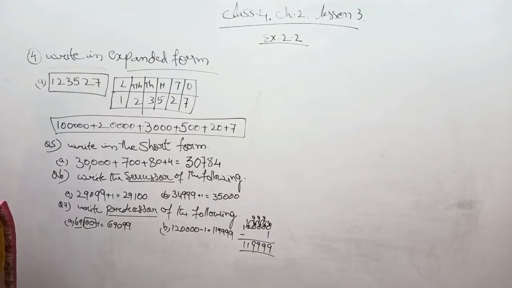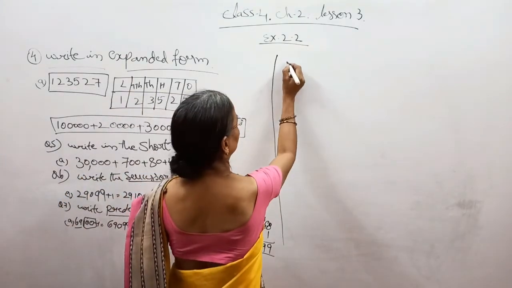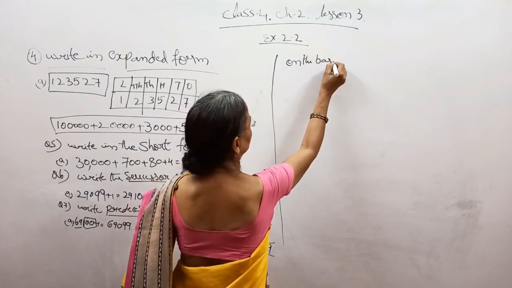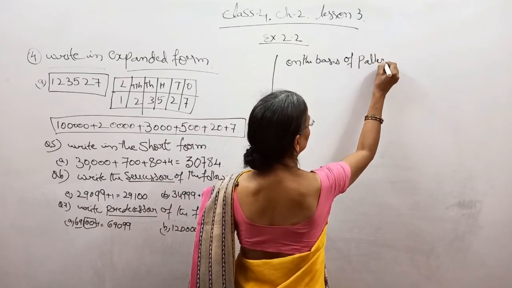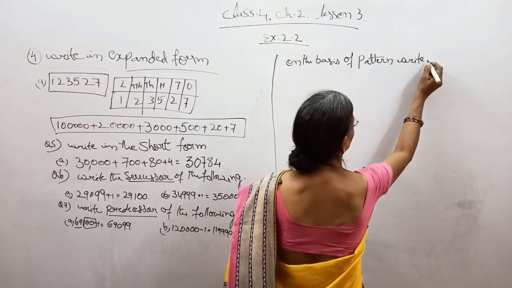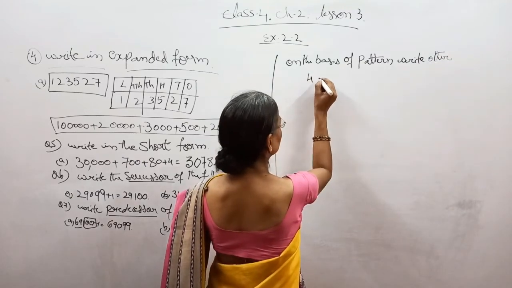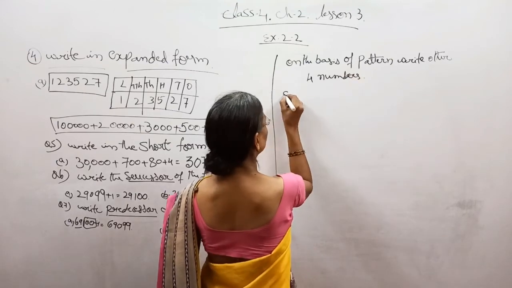Now, observe the pattern and, on the basis of the pattern, write the next 4 numbers. The question is: